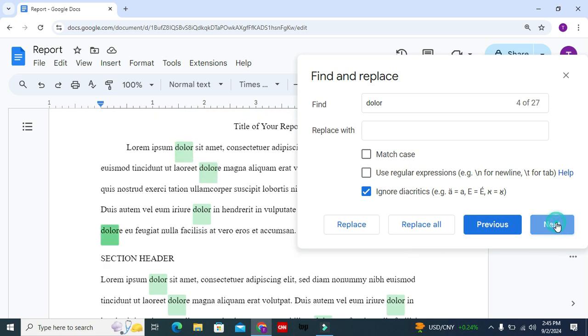And if I want to replace dollar with pound, in the replace with section, just type pound.